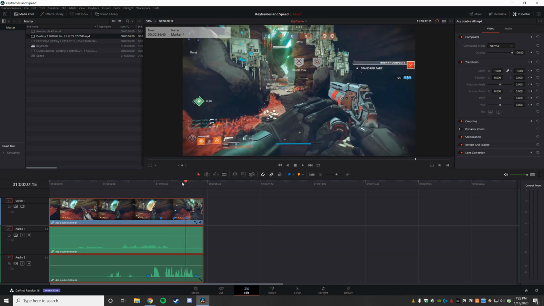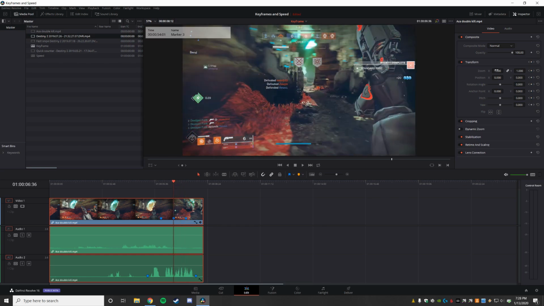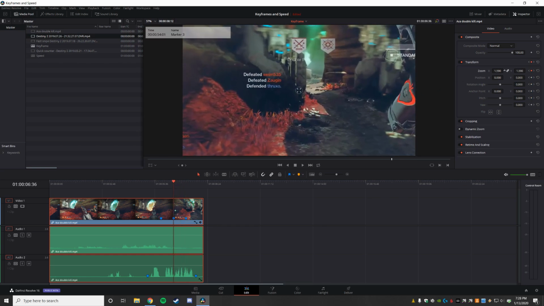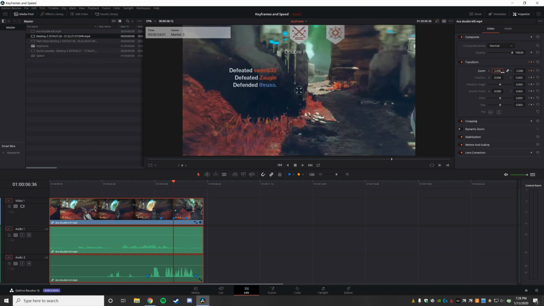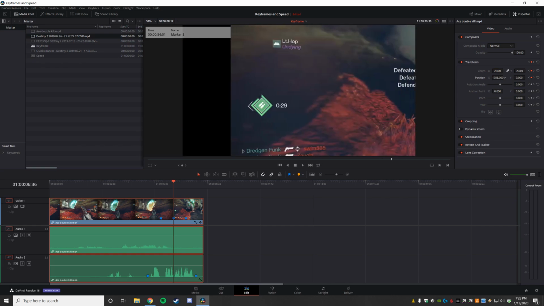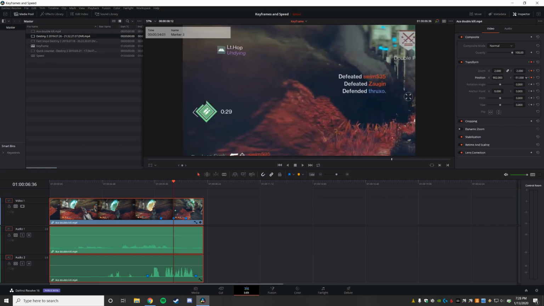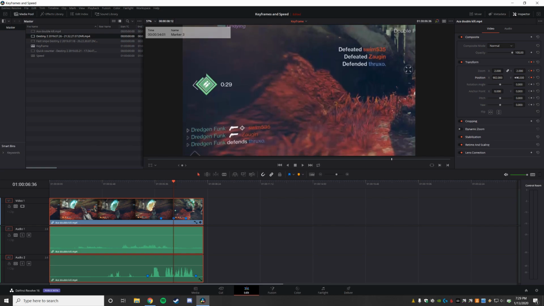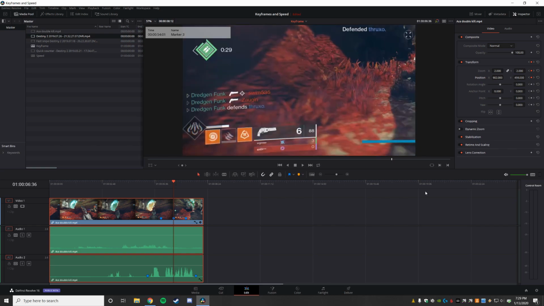If I go to my last one and lock it in, again, this is going to be locked at a zoom of 1, a position of 0. But if I go to my middle one, now I can just click and drag on my zoom, or I can just as easily type the number 2, and now I'm at a 2 times zoom. I can drag my position around. This is my pan function. There we go. So now I've got it panned, showing the score on the bottom,